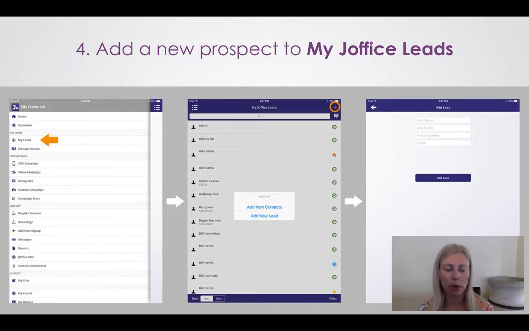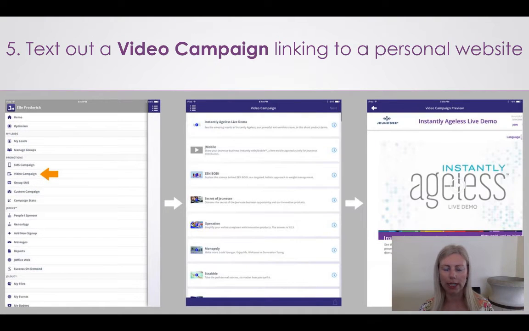Later we get to add more information to each of our leads. So you want to make sure you've got lots and lots of new leads in there. Now let's say you've met somebody and you want to send them a video about instantly ageless. So once you've put them in as a lead, you click on video campaign. And under video campaign, you'll see all of these different videos. Now, Jeunesse is updating these videos all the time, so I suggest you go there regularly and see what new